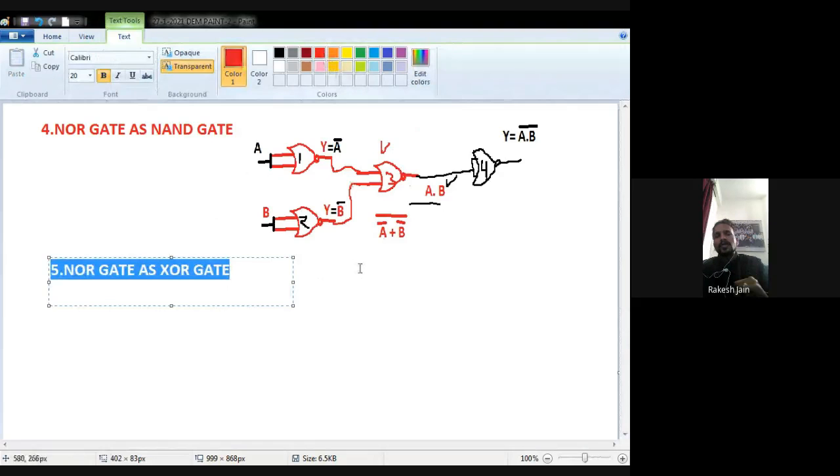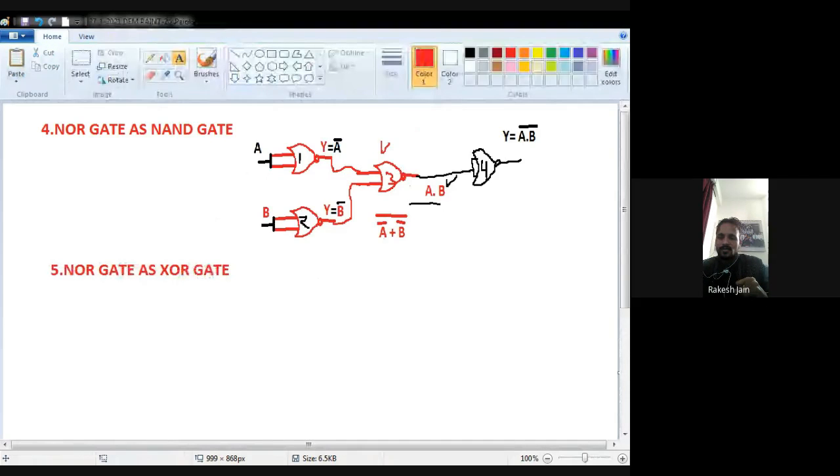Now to realize this NOR gate as a XOR gate, first of all we take two NOR gates that behave